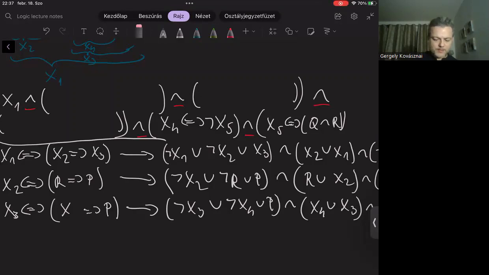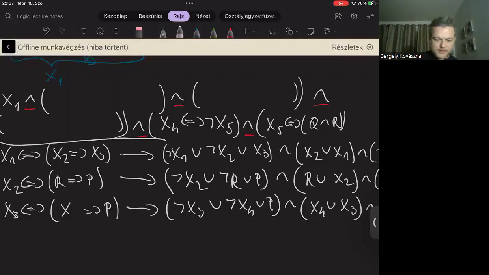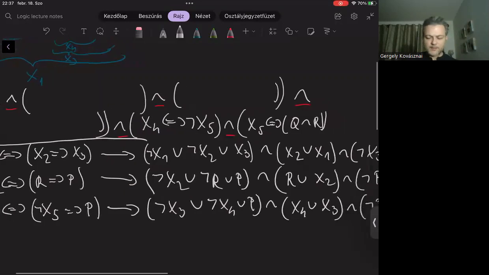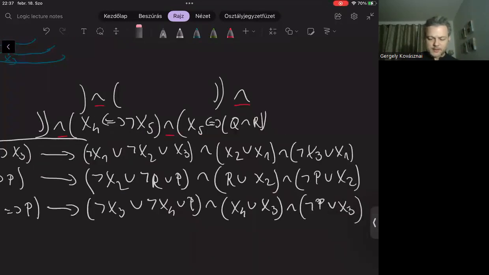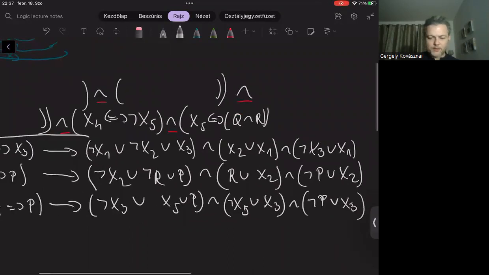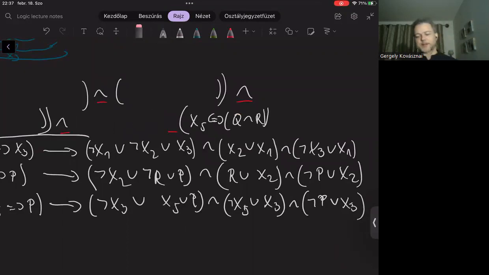So I mean, here instead of not x4, I'm using x5. Instead of x4, I'm using not x5. Here, instead of not x4, I'm going to use x5. And finally, here, instead of x4, I'm going to use not x5. And by doing so, we just eliminated this equivalence here.